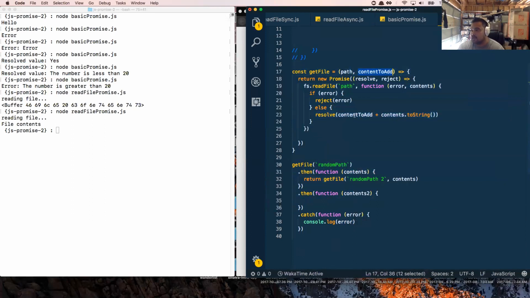Now we're concatenating the content to add, and we'll initialize this to an empty string so that the first time we call get file, we don't have any content yet. So we default it to an empty string so that if we don't pass it in as a second argument, an empty string gets concatenated on the first go round. But then on any second go round, that content gets added to the new content, and then we can continue to chain on a bunch of